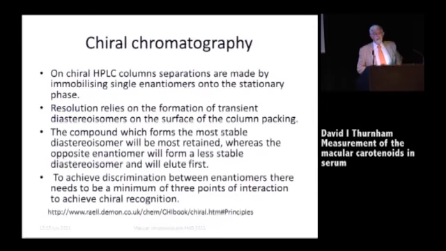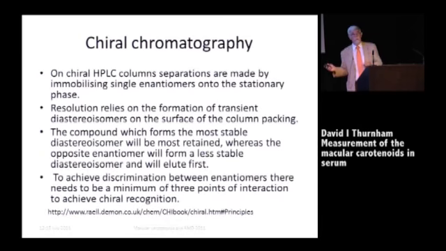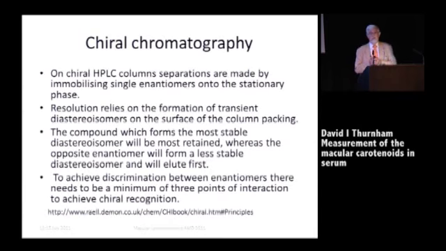The principle of separation is in many ways very similar to ordinary isocratic chromatography. You are delaying certain components in their elution and allowing others to flow through more quickly. And the way you do that in the case of isocratic chromatography is that you use a polarity separation, so that your more polar substances come off first and your less polar come off later. In the case of chiral chromatography, you have a system whereby you try to bind the enantiomers, which have different stabilities in terms of their binding ability.